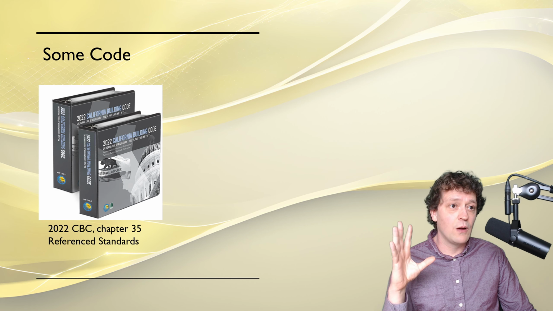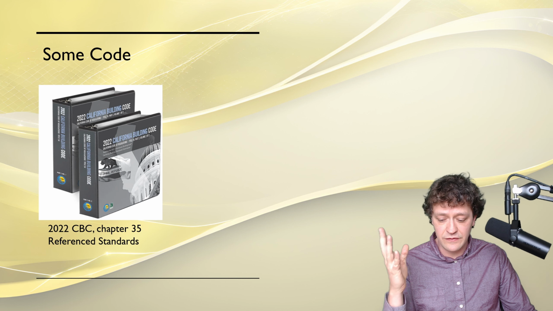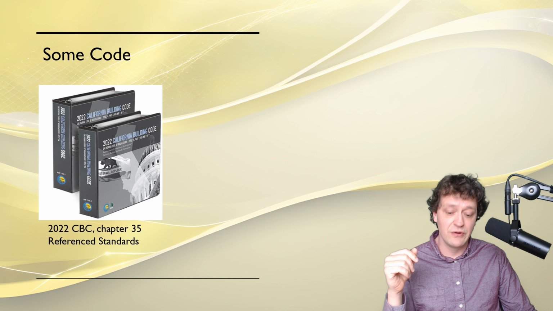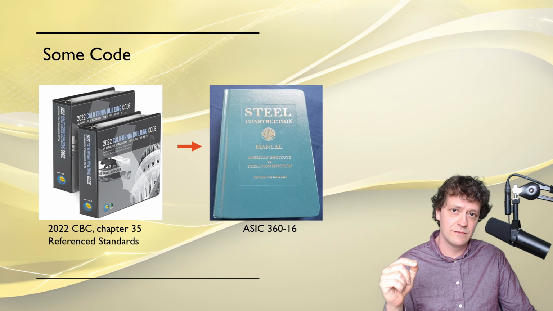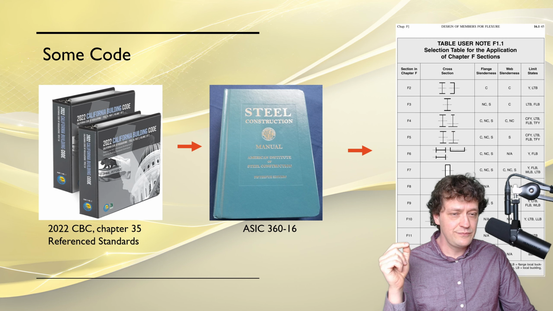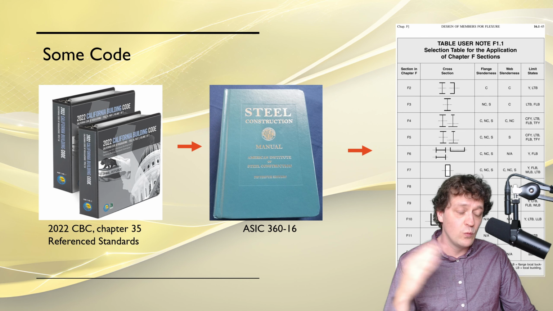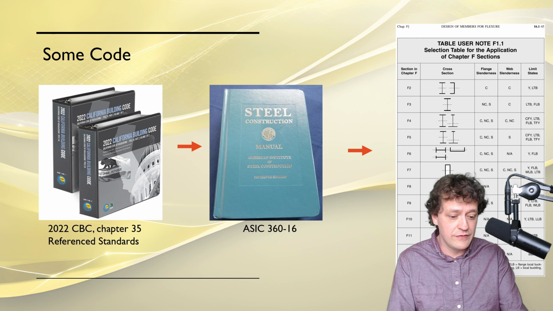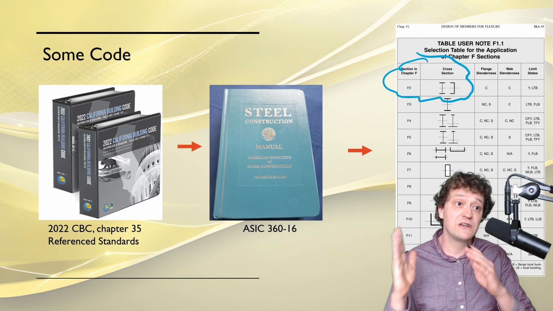So we're going to get to the code now, which we're going to start, as always, with your local code, which for us is the 2022 California Building Code. We're going to look in chapter 35, and we're going to see that the AISC 360-16 is listed as the referenced steel chapter. We're going to go into the specification at the back, and we're going to find table F1, and it's going to show you which chapter sections you want to use